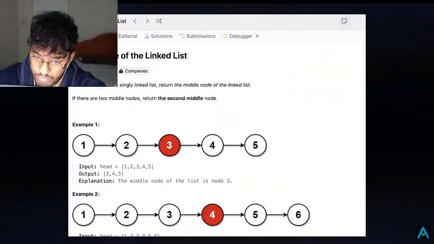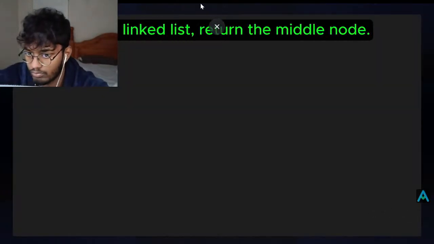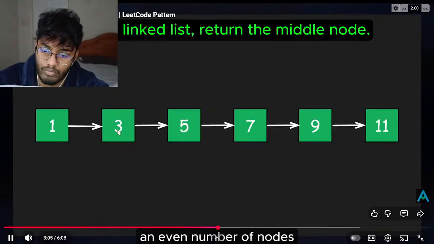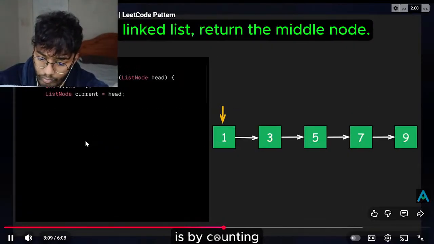Let's move on to the second problem. LeetCode 876, Middle of the Linked List. You are given a linked list and you need to return the middle node. If the list has an odd number of nodes, return the middle one. But if the list has an even number of nodes, you need to return the second of the 2 middle nodes. One simple way to solve this problem is by counting the number of nodes in the linked list, then